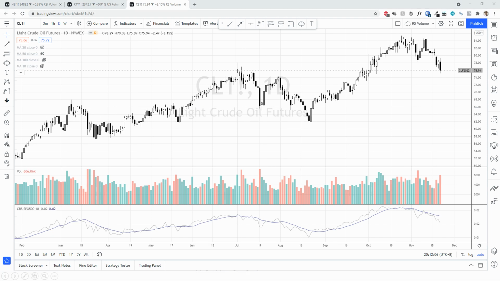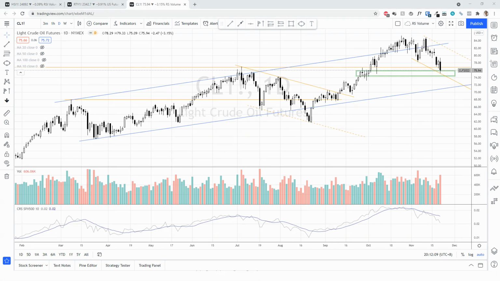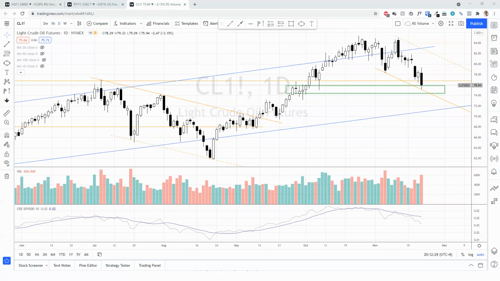Okay, so the change of character bar that I talked about is this bar here, corresponding to this big volume. We can see that there is also the overbought condition. So this is overbought, and this uptrend actually is very nice and very strong until we see this change of character bar. This is the change of character bar that started the change, because until this point, even this big bearish bar still doesn't really show any kind of commitment to the downside.